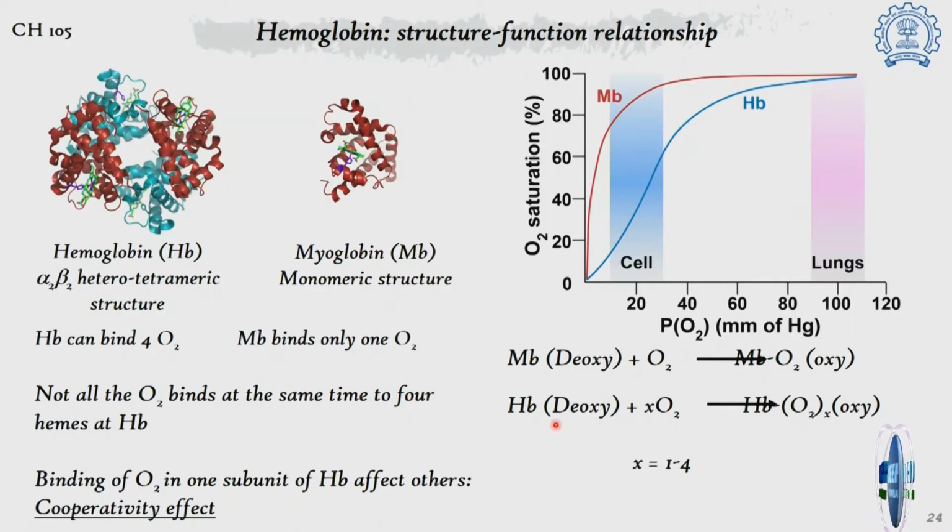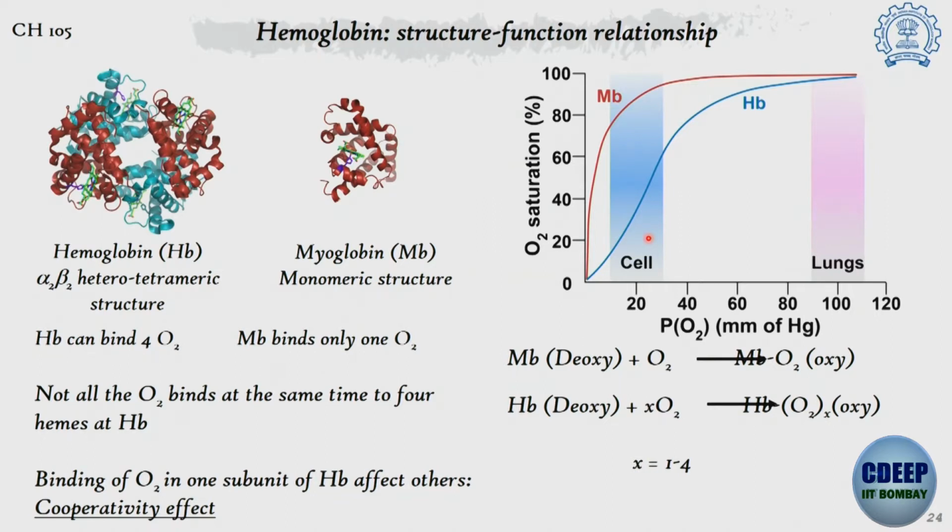Now myoglobin, we look into it again. So it binds with 1 oxygen. As we are increasing the pressure of oxygen, it is going to bind and reaches the maximum saturation for the myoglobin. But hemoglobin, what we are seeing, is that at low pressure of oxygen, it is not binding at all. That means the oxygen binding to these 4 heme proteins in a hemoglobin are somehow